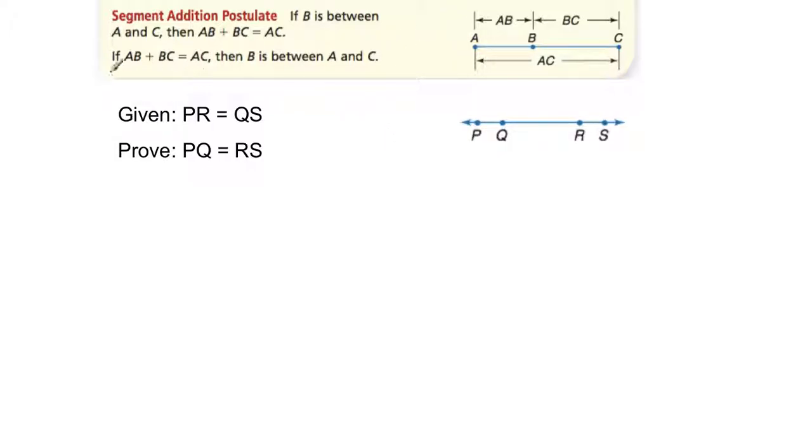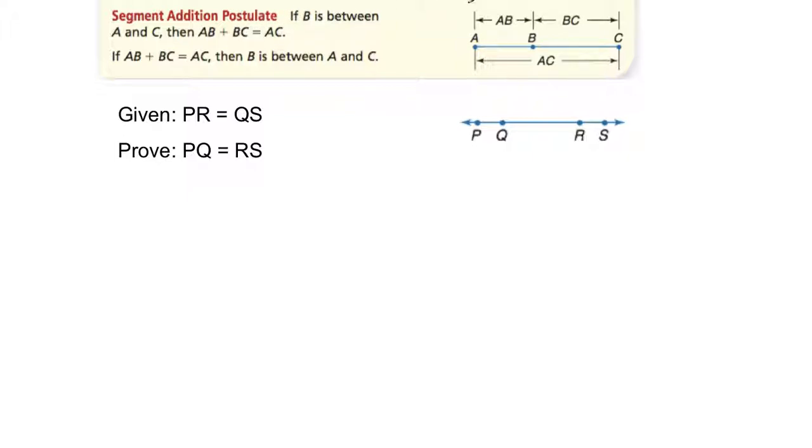So the first postulate that we have, and a postulate is really nothing more than an idea. It's a fact of mathematics that we follow, much in the way that a theorem is a fact that we follow. So segment addition postulate says that if B is between A and C, then AB plus BC is equal